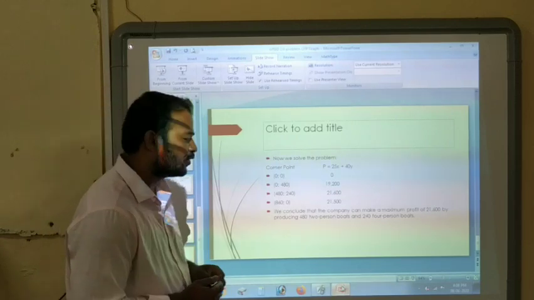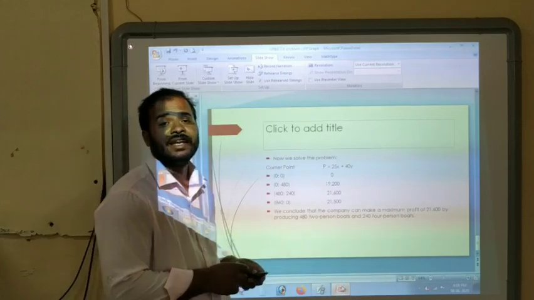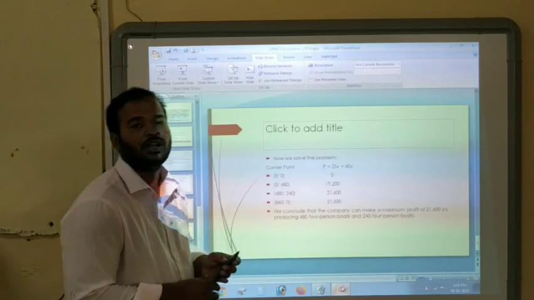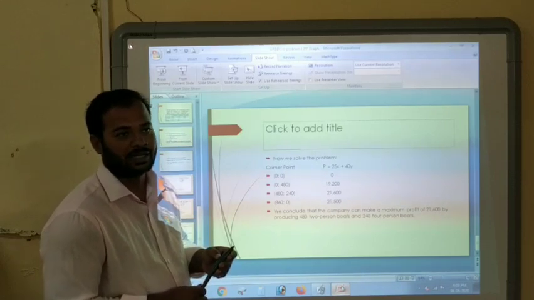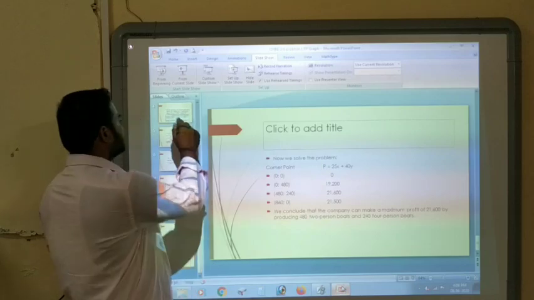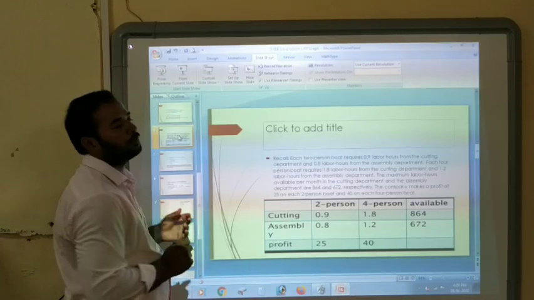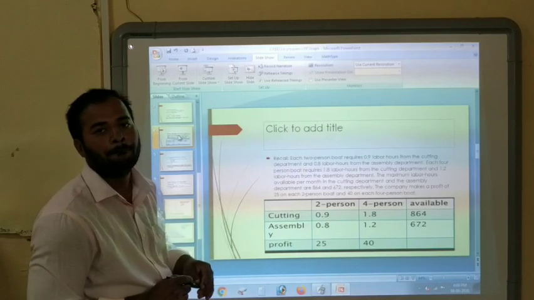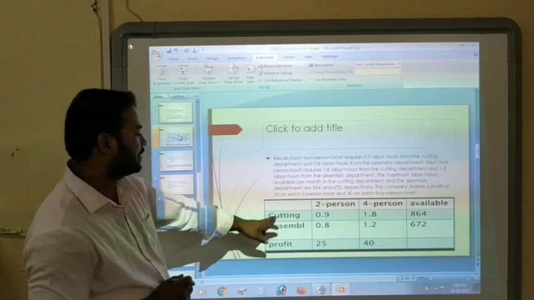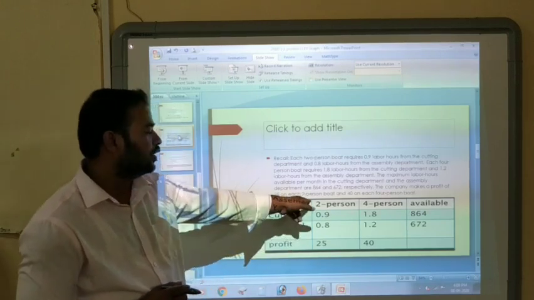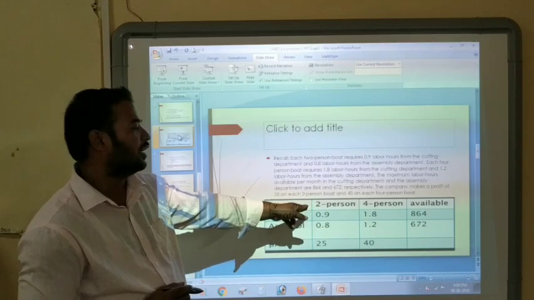Right? So before concluding, guys, just look at each step in solving linear programming problems by the graphical method. Okay, the first step is we need to plot a table.